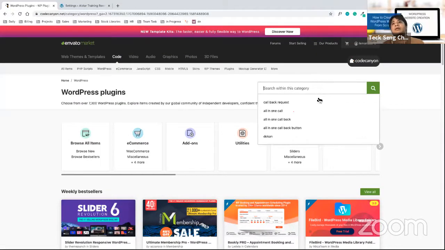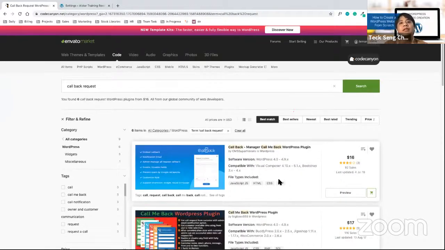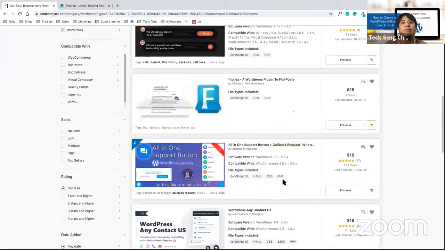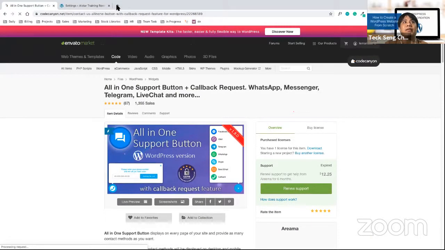One of the plugins that we will usually use is this thing called callback request. If you search for callback request, you can see that there's this plugin over here that we will normally have on most websites. Now the callback request looks something like this.